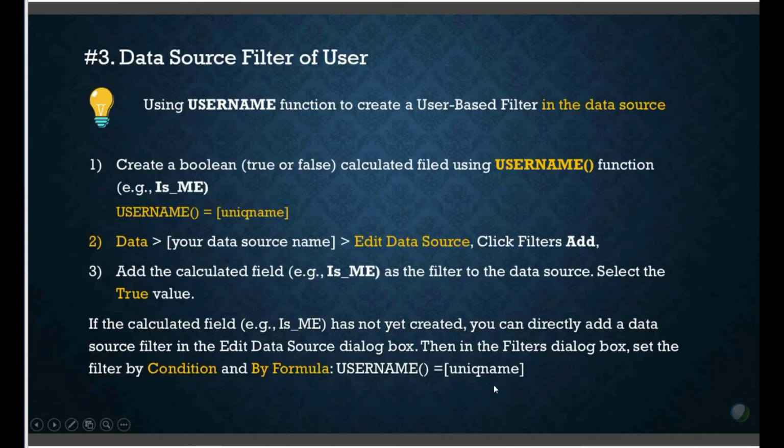And let's look at solution number 3, a data source filter of users. The idea is using the same username function to create a user-based filter, but put it into the data source, okay? So we have the same calculated field, is me, same formula. Then we add the filter to the data source, okay? And let's see the